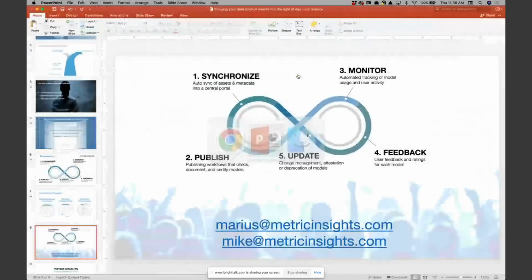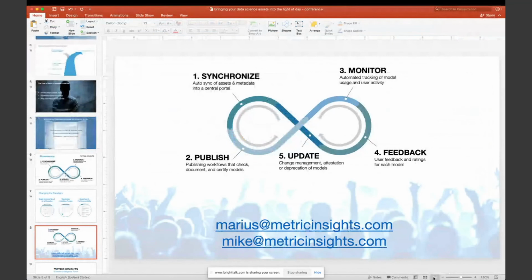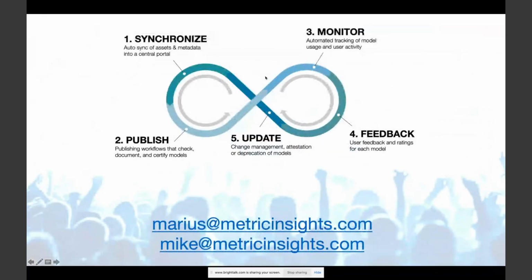So hopefully that's given you an idea of how you can use a publishing and governance process like this to better publish content into a central governed space, learning from what a lot of organizations are doing with their BI assets these days, helping Debbie get more value out of the work that she's putting into those data science projects, and really getting end users and analysts engaged with that work, so that we're getting maximum engagement with those assets. So with that, that concludes the content part of the webinar.